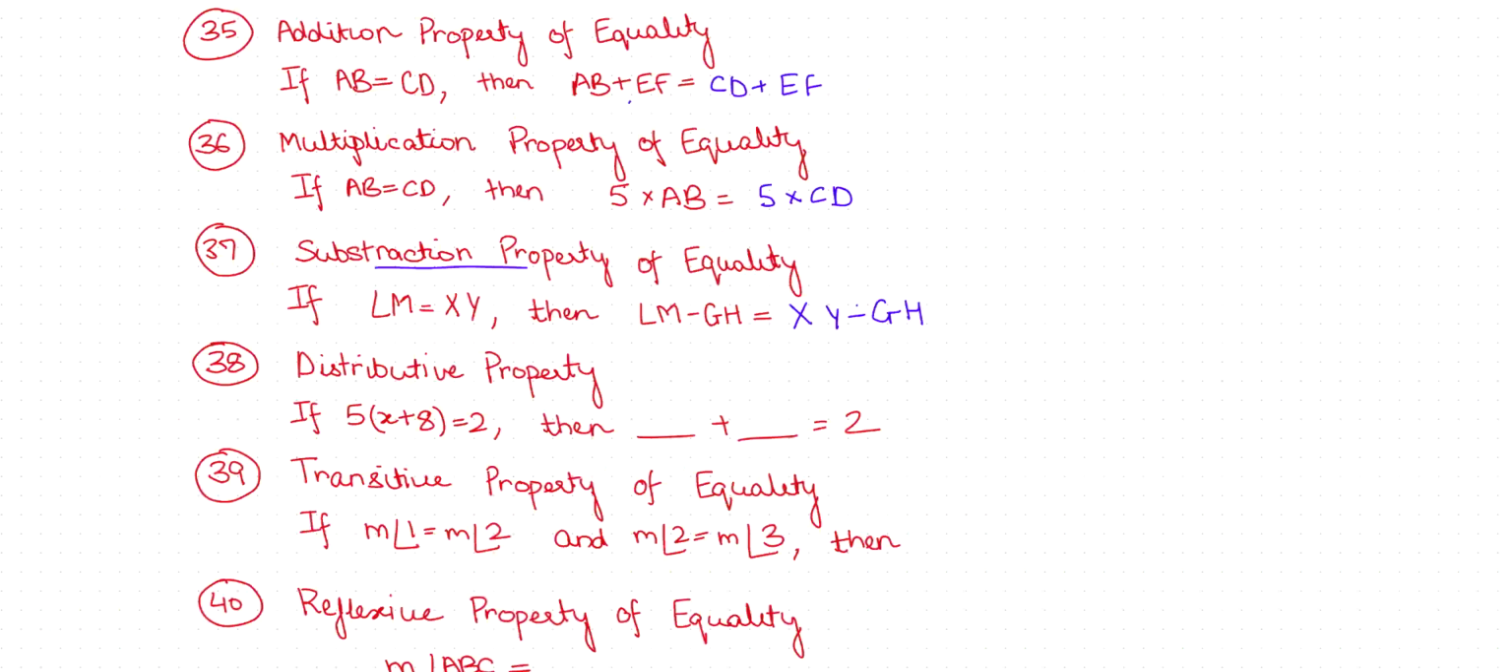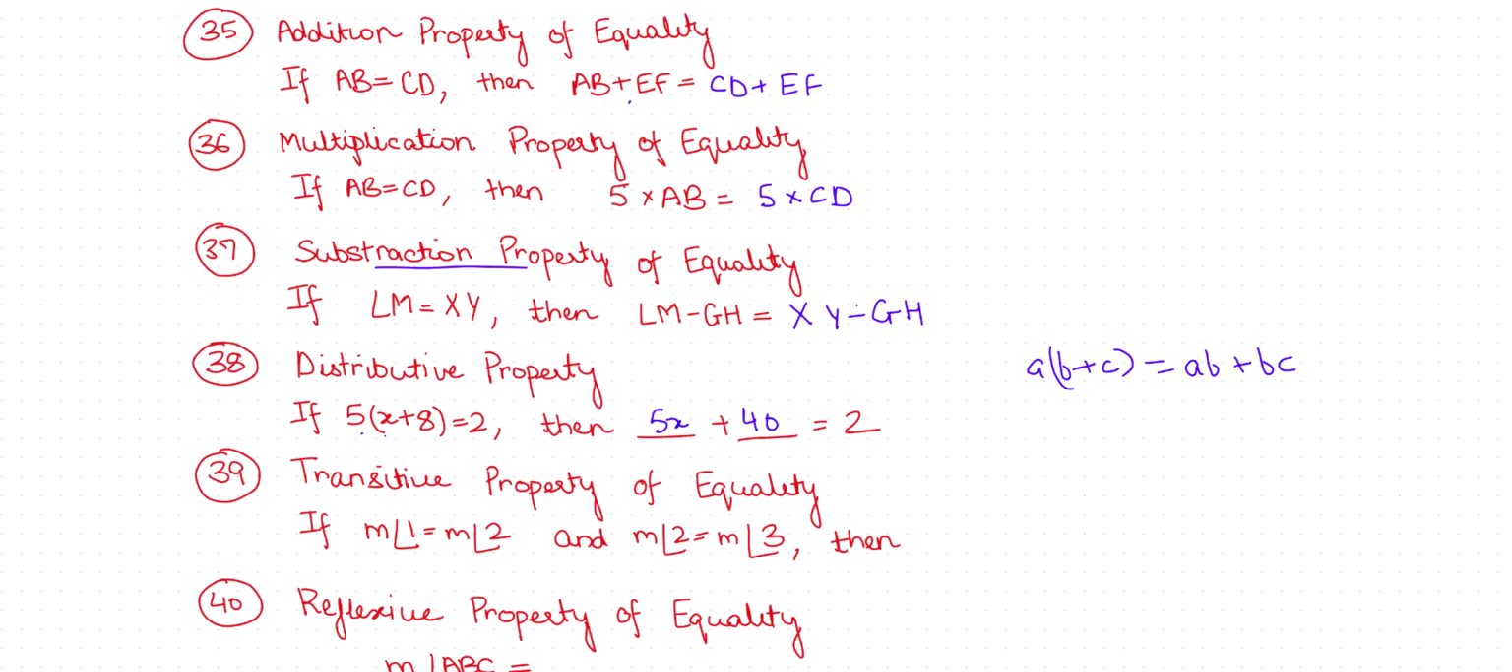So this is use the distributive property. So the distributive property means we multiply here. The distributive property is A times the quantity B plus C. I'll write more clearly here. This is A times B plus C is equal to AB plus AC. So this gives 5x plus 40 is equal to